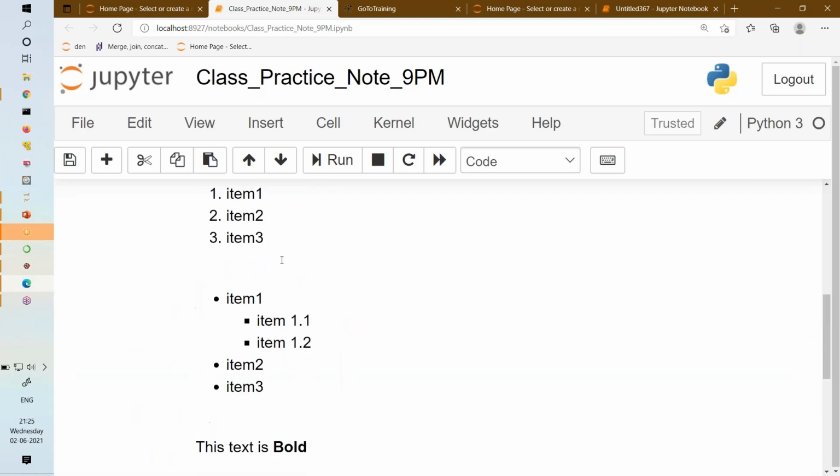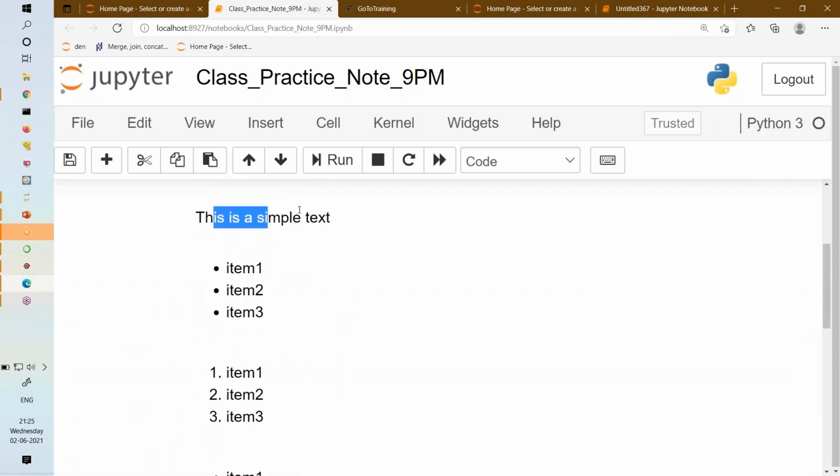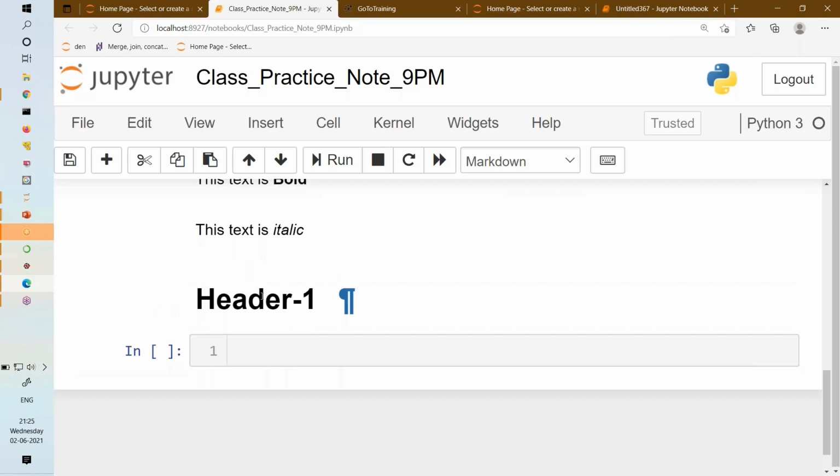You can see the difference between text and header. This is a simple text and this is a header. Headers are very important. In any machine learning project you are writing, with headers you can divide your entire code into blocks. The block of code below that I'm writing is nothing but data collection code. Then you give the heading like model building, and the lines of code below are doing model building. So it itself is documentation. No need to explain to others. If they see your documentation, they can understand.